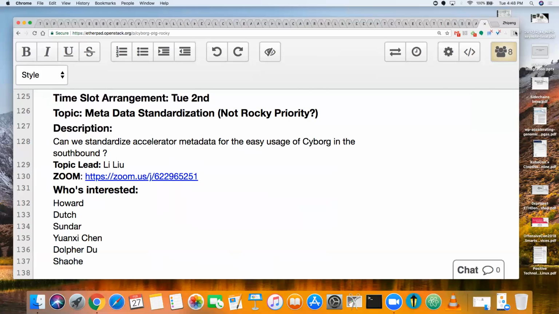Then Cyborg maybe has to translate that into the bitstream UUID. Maybe provide another API just to figure out this UID for the user, so that we can split this work into two parts. Right. So that this part can just say, okay, I already figured out what the UID is, and then we have another service just to help figure out what the UID is.